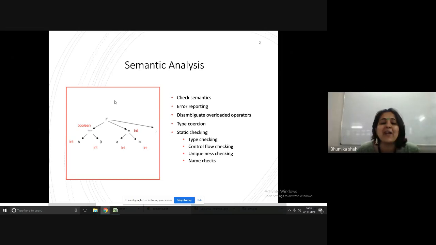So what kind of attributes can each and every node in the tree have? We can observe over here that equal to is the comparison operator, and hence it can return either true or false. So it has data type boolean. Whereas a and b can be integer, and so on. Equal to is assignment operator, so again it can have integer value. Semicolon is a terminal which cannot have any data type associated.